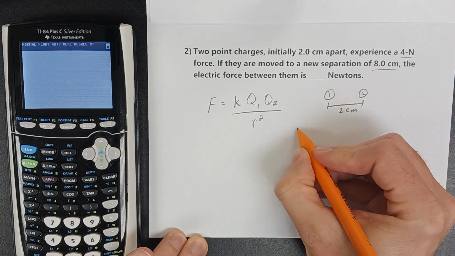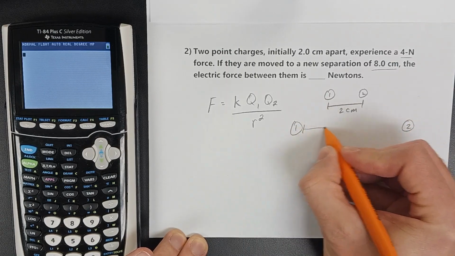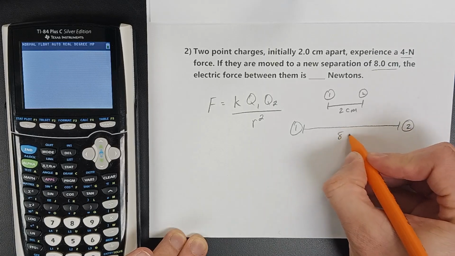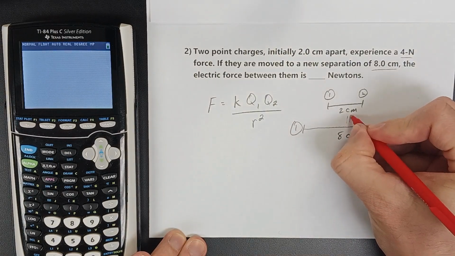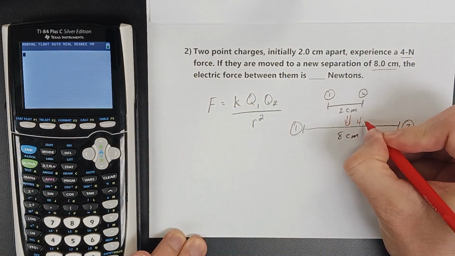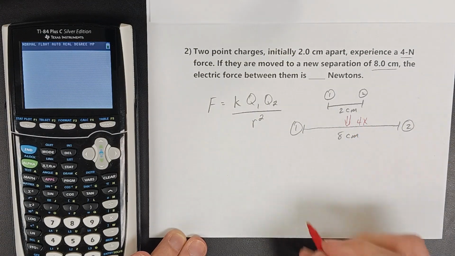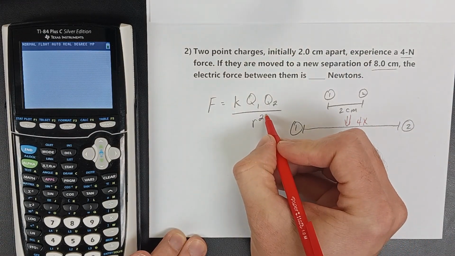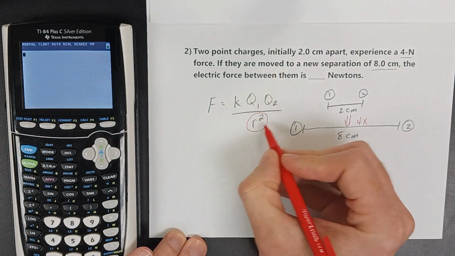Now we're going to take those two charges, we're going to move them much farther apart relative to where they were, at least 8 centimeters apart. So what we've done right here is we've made this distance 4 times greater than it was in the first place. And so if we apply that same thing right here to our Coulomb's law,